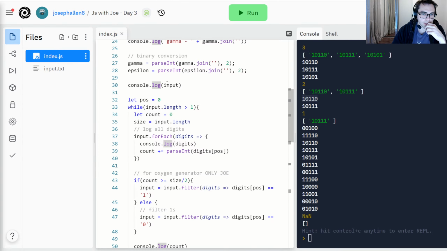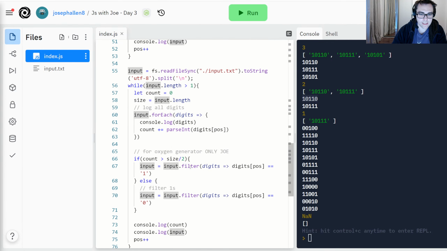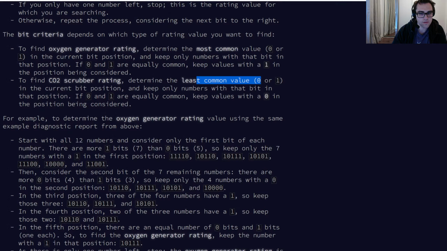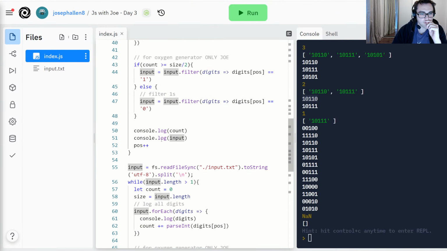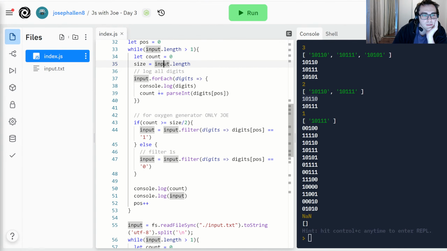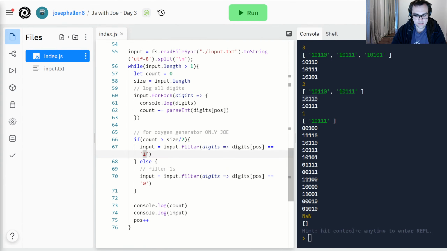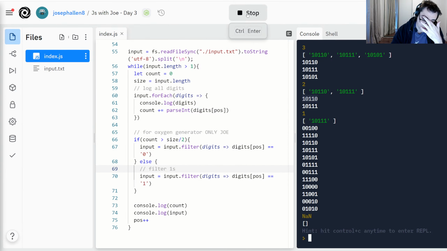So what did we do to gamma? Oh no, we're not even using, that's why, because we should be counting the, we should be using the flipped. Why do I even do that? We should be getting the least common, so we should be using 0s instead of 1s in here. Can I do that? I'm not sure if that's gonna track, but